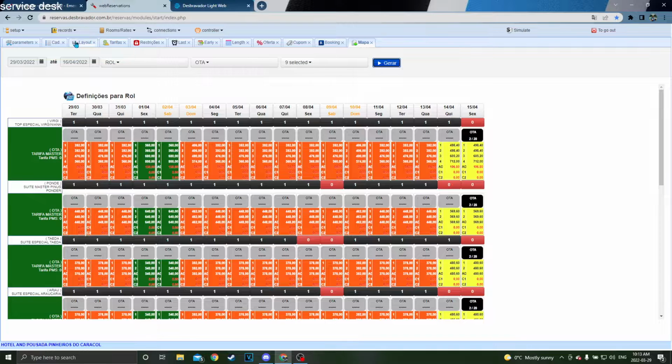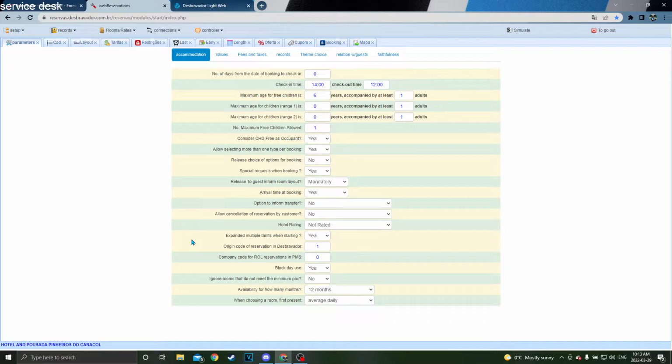And now we go into the thing that we talked about on the blog post too, which is the backend, which is the web reservations, or web reservas in Portuguese, right? First, we go to set up parameters, and then we open these parameters, in which we can set up a few things that are pretty nice to see, right? So here we can see the minimum and the maximum time of the check-in and checkout,